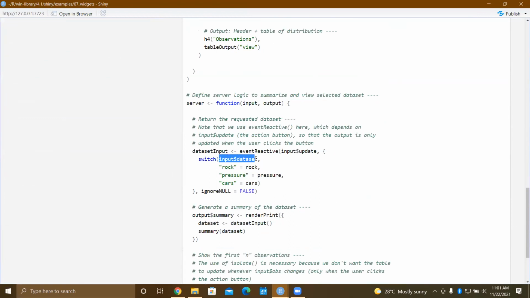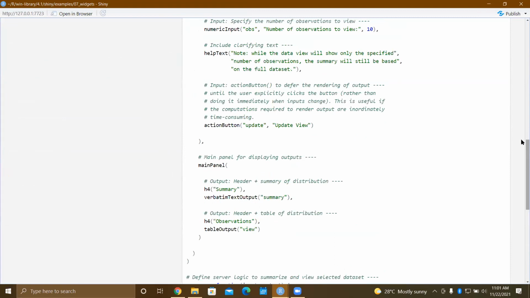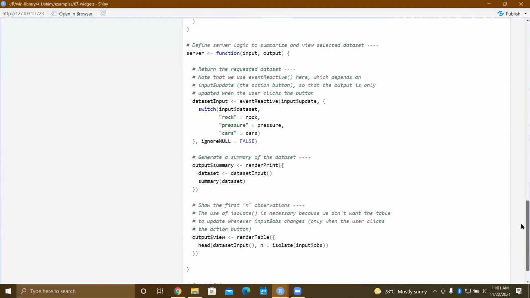Since it is a conditional reactive function, it depends on what you are choosing. That is why you need to switch accordingly whenever you update the view.